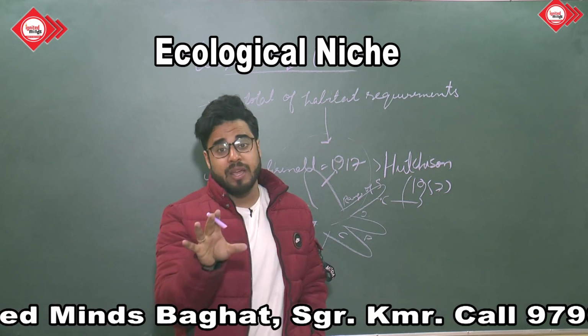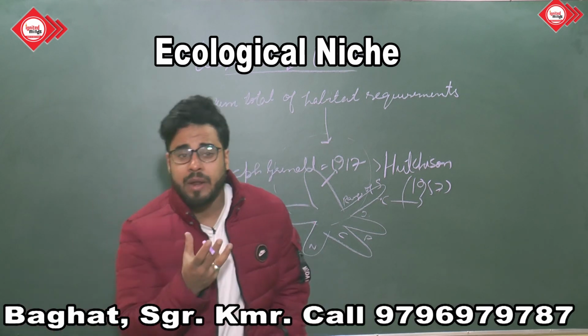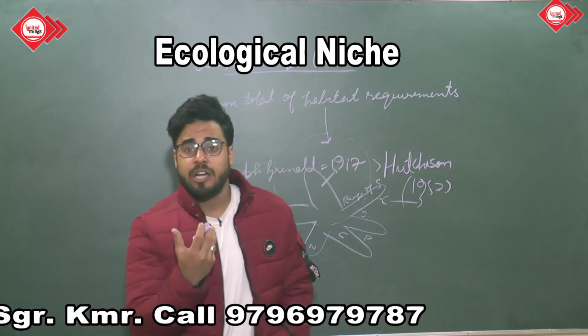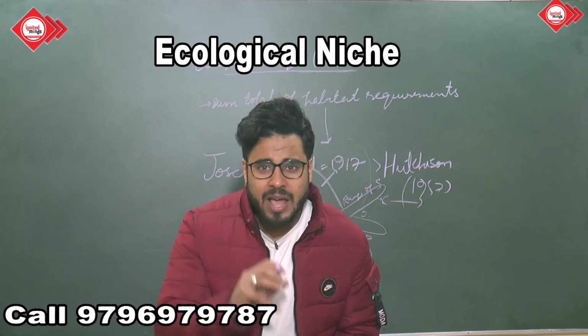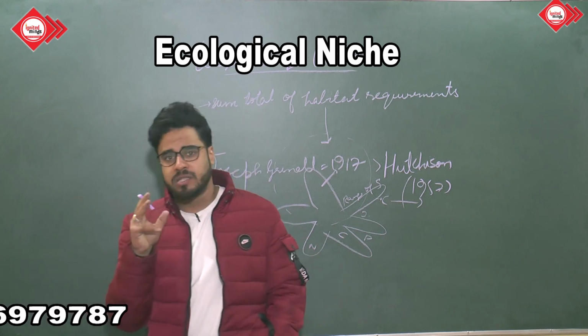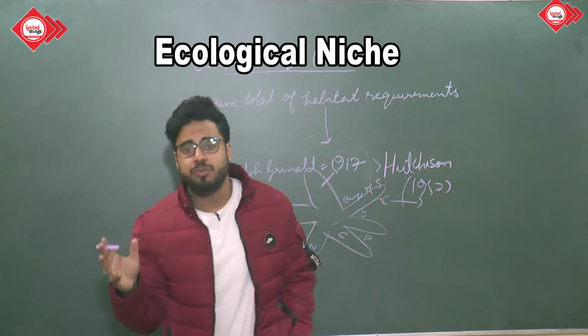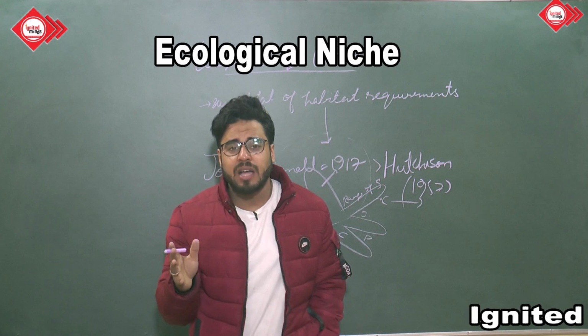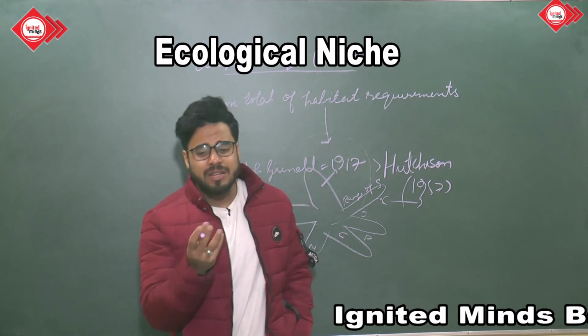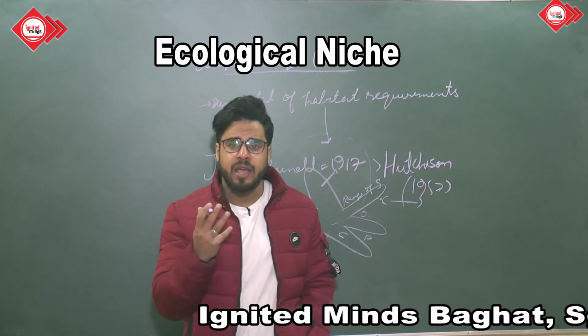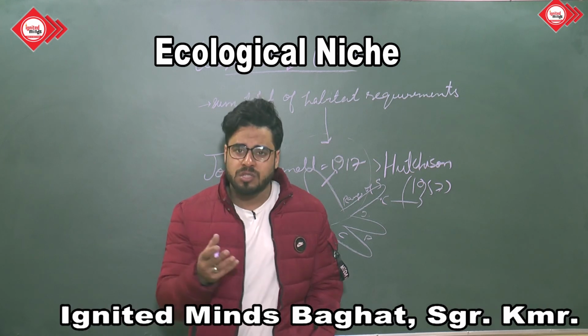If the organism has to grow in number, the niche should be perfect, like there should be many resources available and less competition, that is, fewer competitors. And if the competition is much more and resources are very few, then the ecological niche conditions are not perfect for that organism. It is not able to reproduce, it is not able to survive and persist.